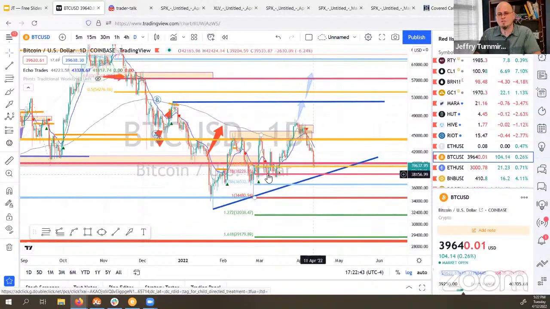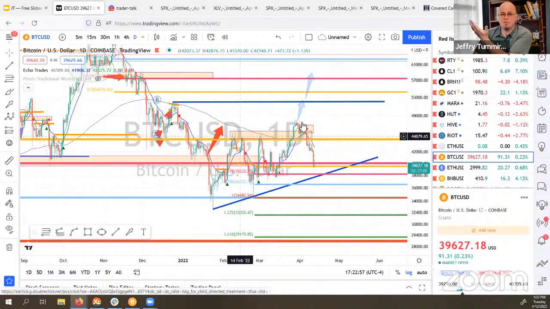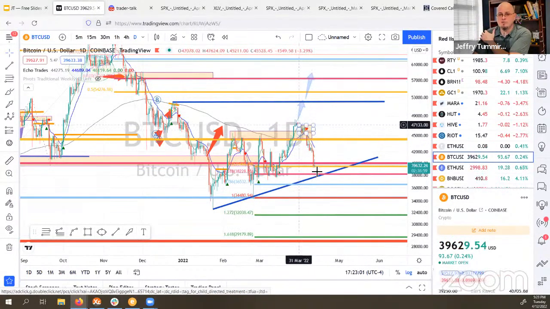So yeah, that just happens to be where the 618 of this move up comes back in play right here. So that's what I think for Bitcoin right now. It's on a down path and it's gonna retest this low, since it hadn't proven to get anywhere so far. Had great opportunity and it just crushed it the last couple of days. So kind of a bearish expectation short term.